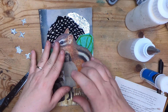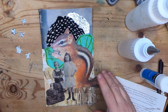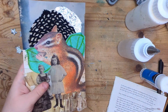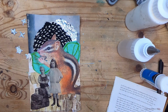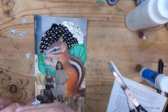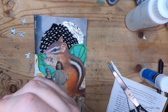I really wish that Fabri-Tac was an instant drying glue like art glitter glue, but we can't have everything in life, right? We only get so much. All right, he loses his tail because we can't have it in there. Oops. And I'm okay with that. Now the stars. Let's use Fabri-Fix to put those down, or Fabri-Tac rather. It's the same thing, but...